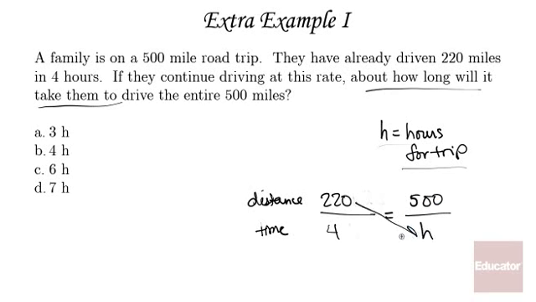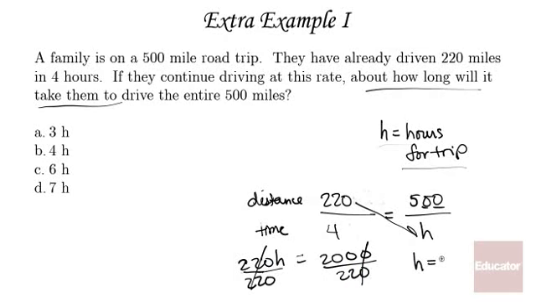So now I can cross multiply: 220h equals 5 times 4 is 20, and tack on 2 more zeros, 2,000. I'm going to divide both sides by 220, and that'll cancel, and I'm going to take out that 0, and h equals, and now you could also use substitution. So I'm going to start in the middle, 22 times 6, 12, 13, 132,